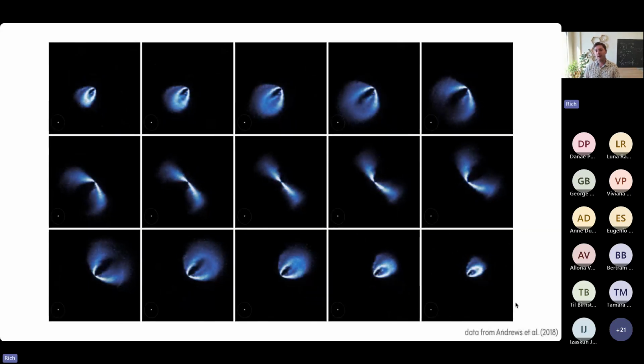Then ALMA came along, and we have a completely different view of this disk now. So you can see the change in angular resolution down here in the lower left. We're just absolutely overloaded with detail in these observations. You can now see both sides of the disk. You can see that they're vertically extended. You can see that there's variations in the morphology of the emission here. And so we're working with a huge amount more information about what the gas is doing, thanks to this